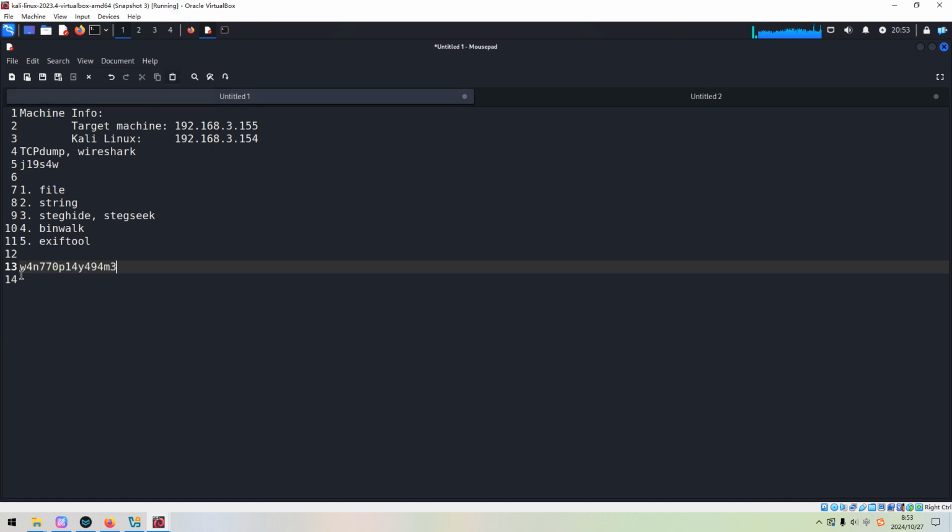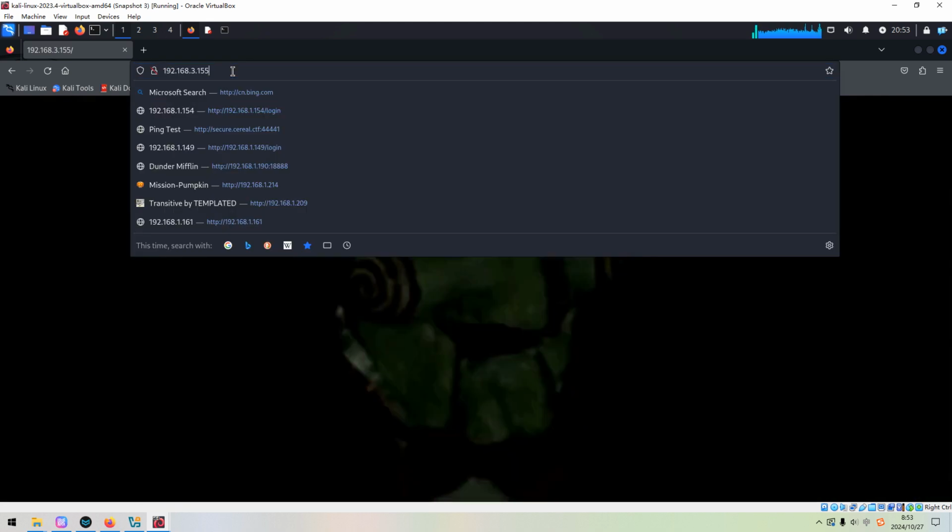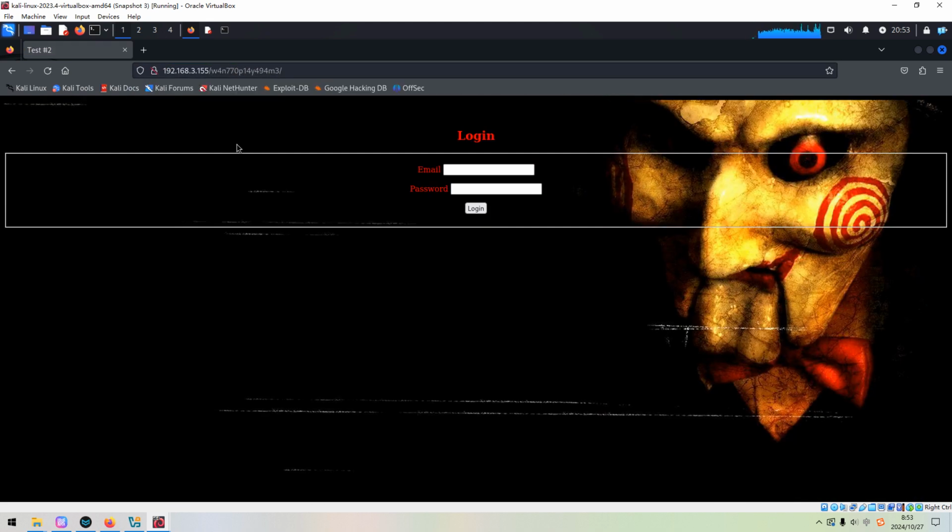We can access this directory with the browser. Press enter. And so this should be the login page, asking for an email. Of course, at this moment we do not have any email. So what can we do?